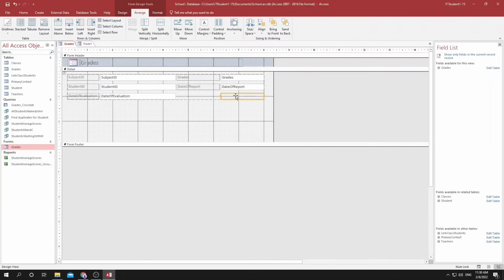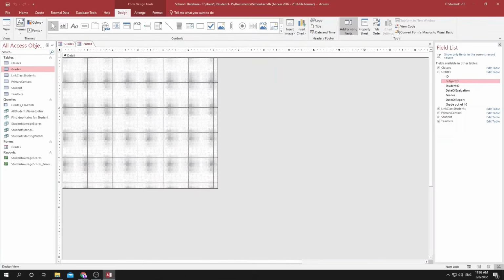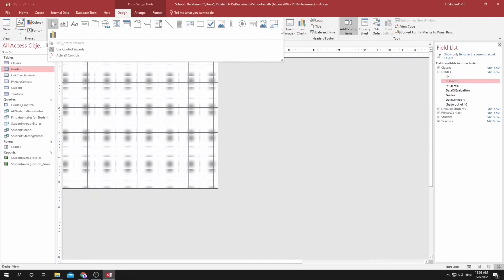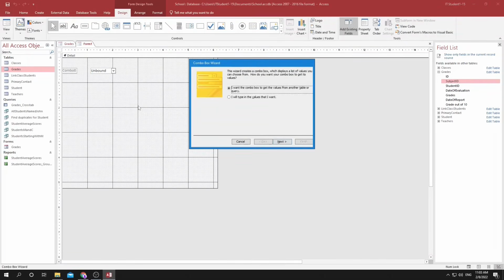The good thing about using forms is you can make it easier for the user to correctly enter data. To do that, first make sure you have a form selected and then go to the Design tab. Then go down to this triangle down here and make sure Use Control Wizards is active. Then you can add any of these form elements to the form just by clicking on it and then clicking on the form. And it will open this wizard box, which will guide you through the steps of adding the